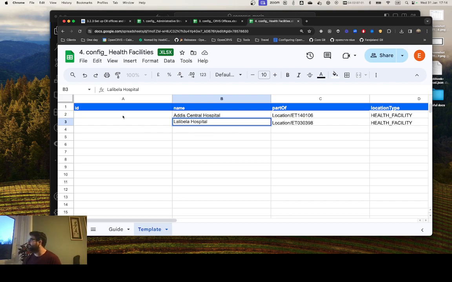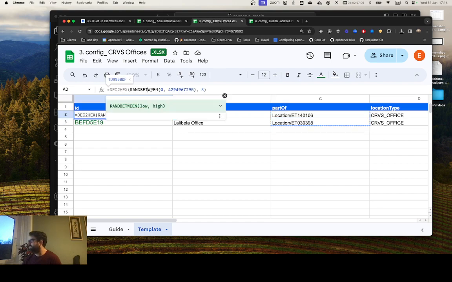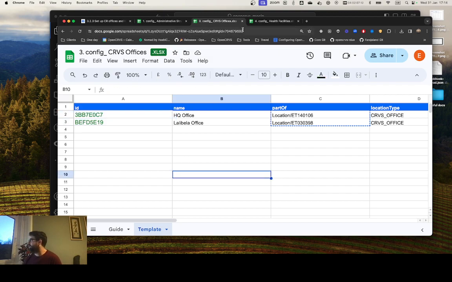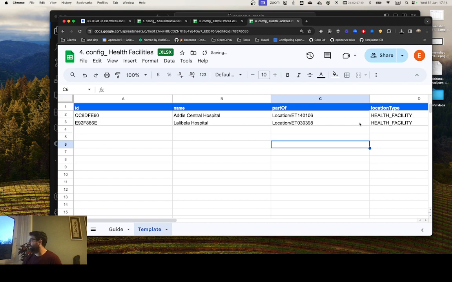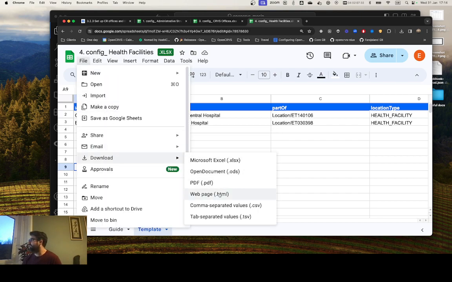And then I need another unique ID. So I'm just going to use the same function to generate those unique IDs. There we go. So I now have 2 unique IDs. I've got 2 hospitals. They're located in the same place, and I've got this health facility constant listed, and I can download this file. Download CSV,